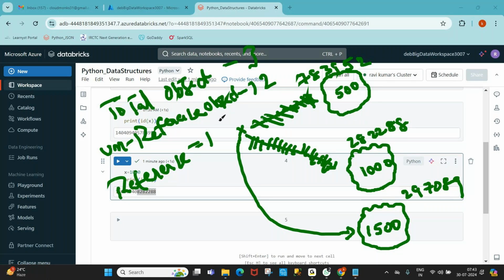So the Python garbage collector will identify what the unreferenced objects are in the memory. It will automatically find or identify the unreferenced objects. Those unreferenced objects will be automatically cleaned up, removed from the RAM memory.